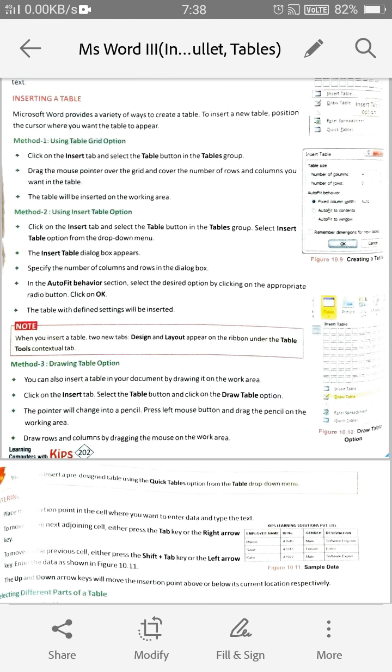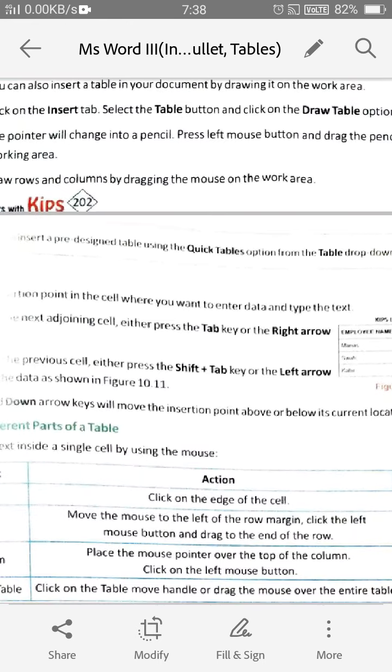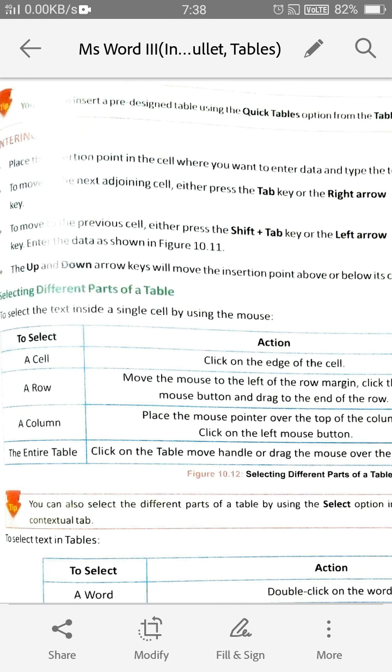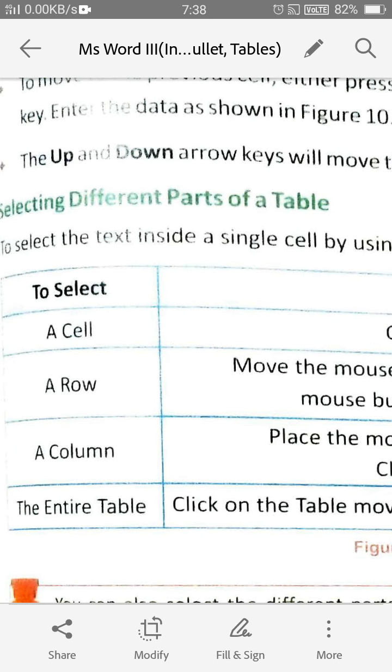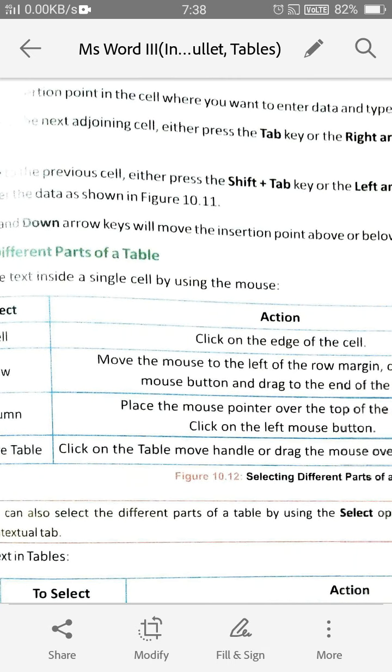After inserting the table in the MS Word document, you can select data in the table. Here you can see selecting different parts of the table. If you want to select a cell, click on the edge of the cell.